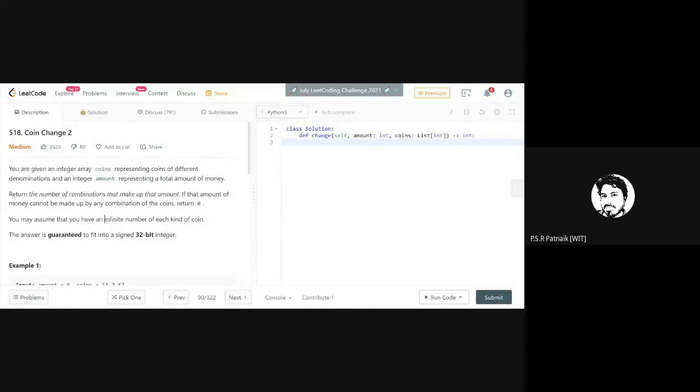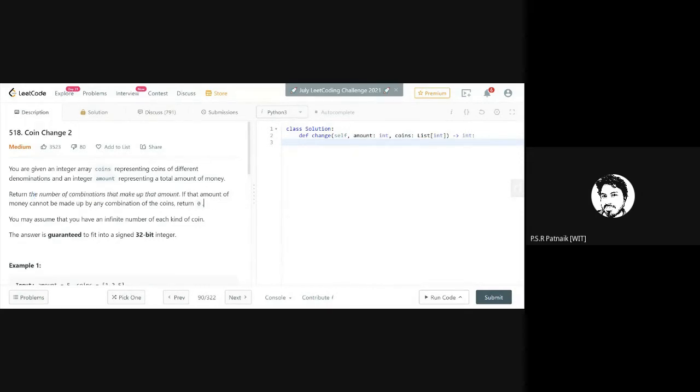So what I am supposed to find out is, given the set of coins with specific denomination values, in how many ways I can get these 150 rupees. Okay, I hope you understood this problem. Now remember, you need to understand what the input is. Input is the coins and the amount. I need to print the number of combinations which make up that amount.